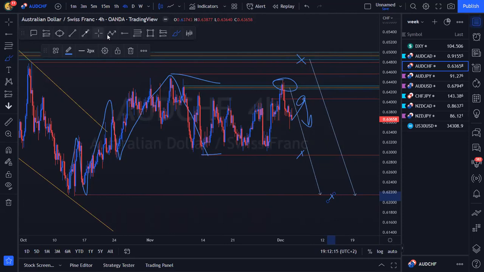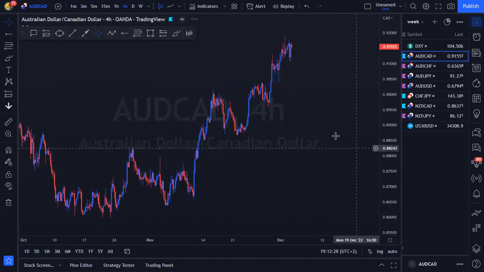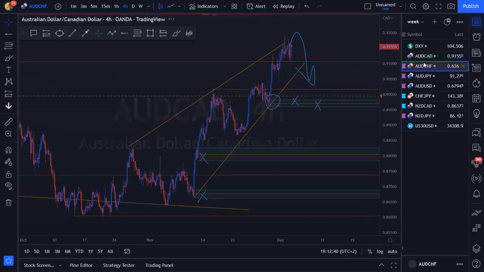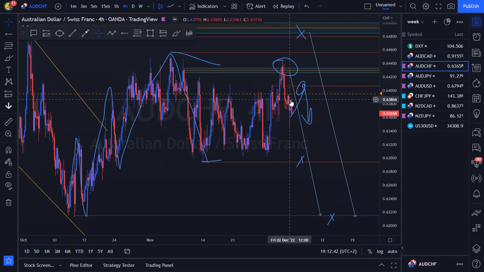Maybe let's just set an alert, and then once this alert gets triggered, then maybe let's just put this on the watch list. But for now, I think AUD Swiss franc looks a little bit hotter than AUDCAD. I don't know, what do you guys think? Maybe let's just set an alert on AUDCAD, because for the buy, AUDCAD looks like it's quite far from where we want to buy. So maybe let's just take AUDCAD off the priority list for next week. We'll put AUD Swiss franc on, because it seems a lot closer towards giving us a sell than AUDCAD is towards giving us that buy.